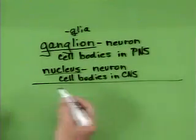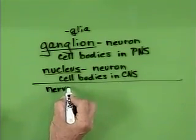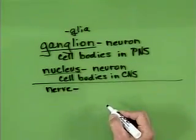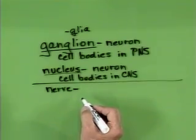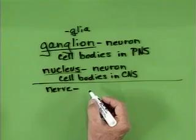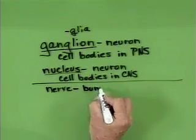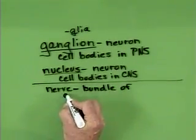Let me just draw a line here, and let's write the word nerve. Probably ought to define what that is, since this is a beginning session on the nervous system. And that is actually a collection of axons and or dendrites. These are processes of neurons within the peripheral nervous system. So we'll just put down a bundle of axons or dendrites